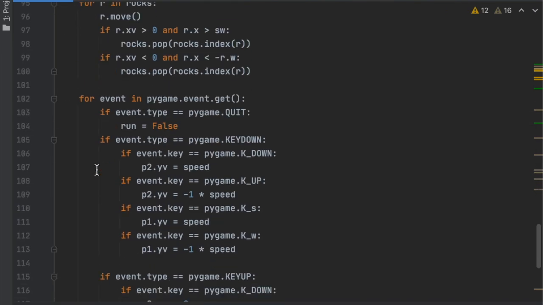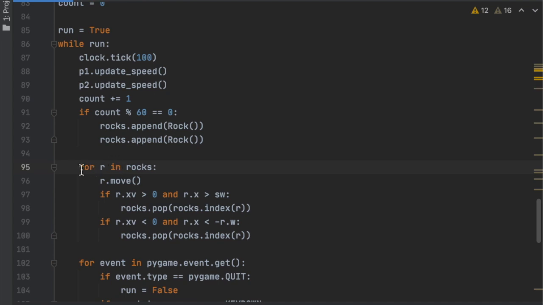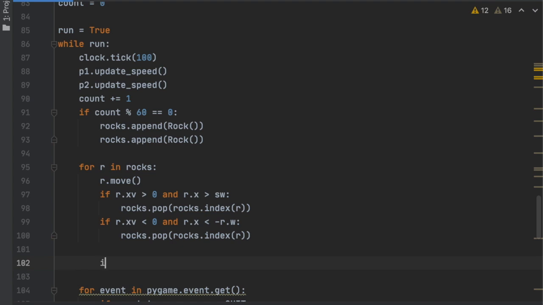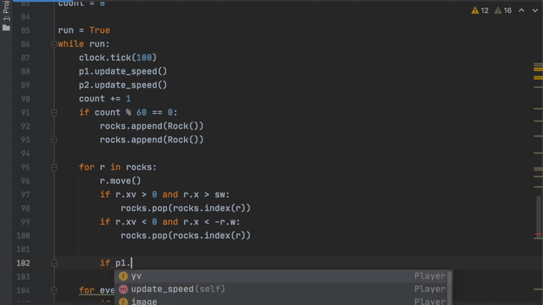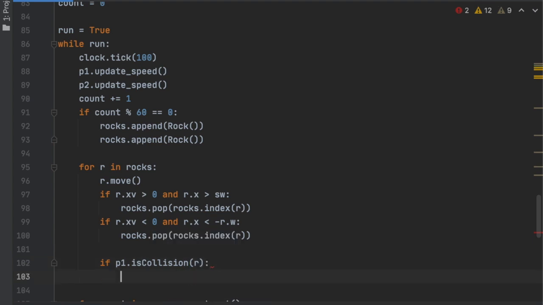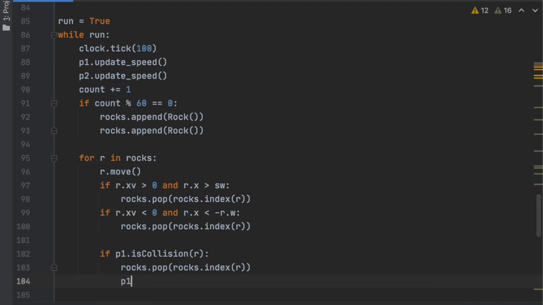And so to do that, I'm going to move over here into the for loop that goes through all the rocks. And I'm going to say if p1.is_collision, and I'm going to pass in r. That means they have collided. Then I'm going to get rid of that rock, right? Get rid of that asteroid. And I'm also going to reset the y position of that player. So since player 1 collided, I'm going to say player 1 dot y is going to equal the original y